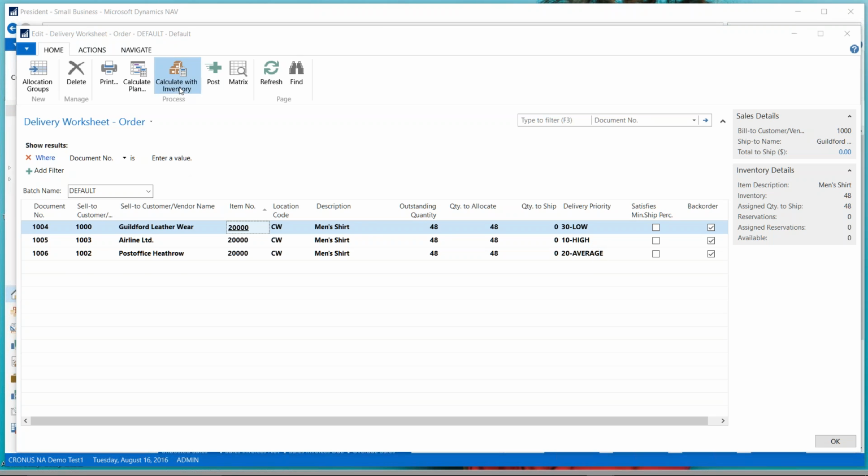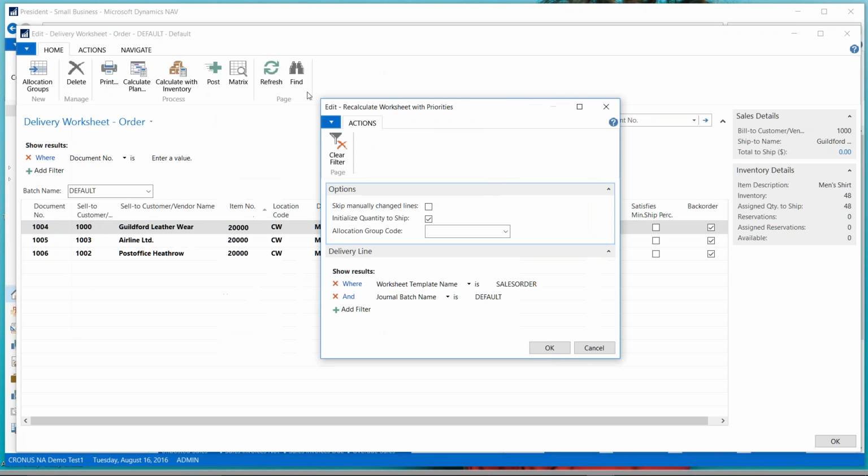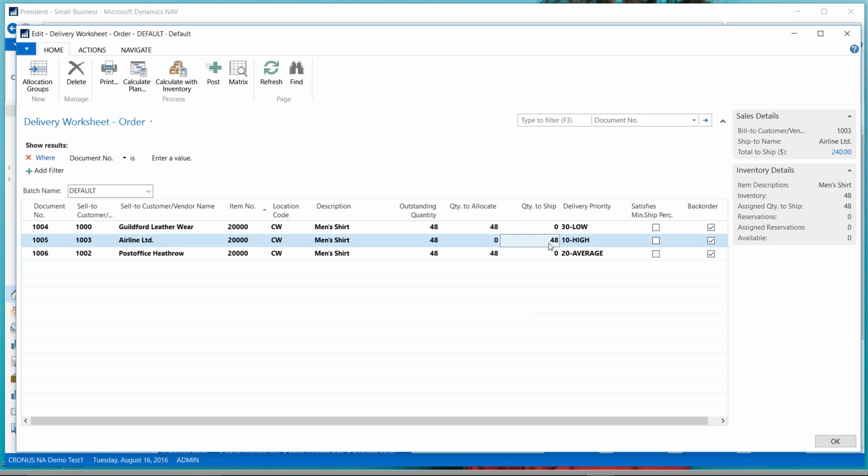Now I'm going to tell it to calculate how I should allocate this with the inventory I have on hand. So I've selected calculate with inventory. I'm going to leave my allocation group blank for the moment, come back and explore that. So when I say OK, you'll see that my quantity to ship has all been allocated to my highest priority customer. So once again, according to my rules, the highest priority customer got this first,